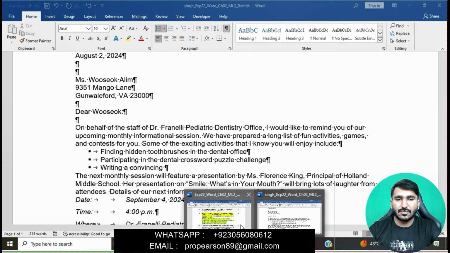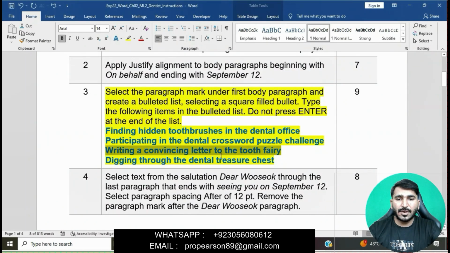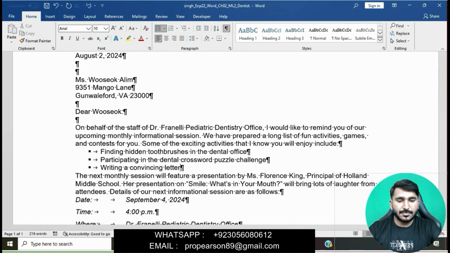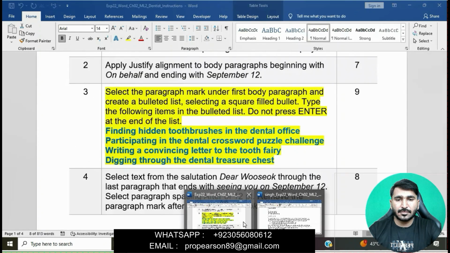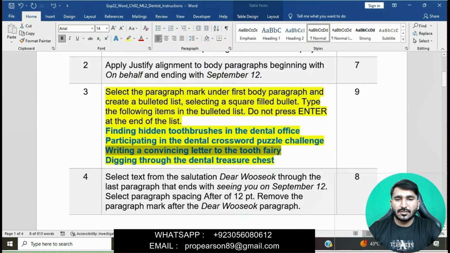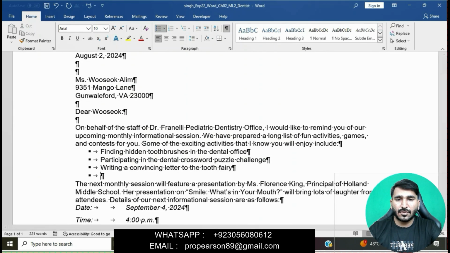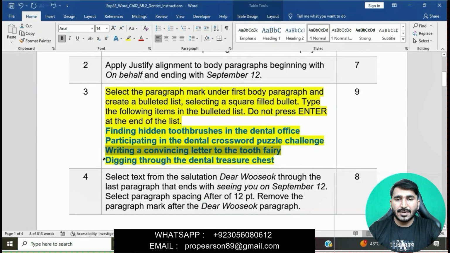The last one is digging through the dental treasure chest.